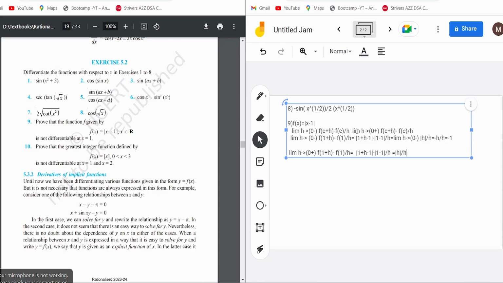मतलब एच 0 से थोड़ा सा बड़ा है, मतलब एच इस केस में पॉजिटिव है। पिछले वाले केस में एच जो था 0 से थोड़ा छोटा था, तो वो नेगेटिव हो जाता, तो माइनस एच खुल जाता। यहाँ पे एच 0 से थोड़ा सा बड़ा है, तो अपन कह सकते हैं कि एच पॉजिटिव है। क्योंकि एच पॉजिटिव है तो मॉड एच पॉजिटिव खुलेगा, सो it would be h by h equal to 1। तो देखो, मैंने क्या बोला था, लिमिट एग्जिस्ट करनी चाहिए और इक्वल होनी चाहिए, तो लिमिट एग्जिस्ट तो कर दी है लेकिन लिमिट इक्वल नहीं हो रही है, सो बस ये फंक्शन डिफरेंशिएबल नहीं है।